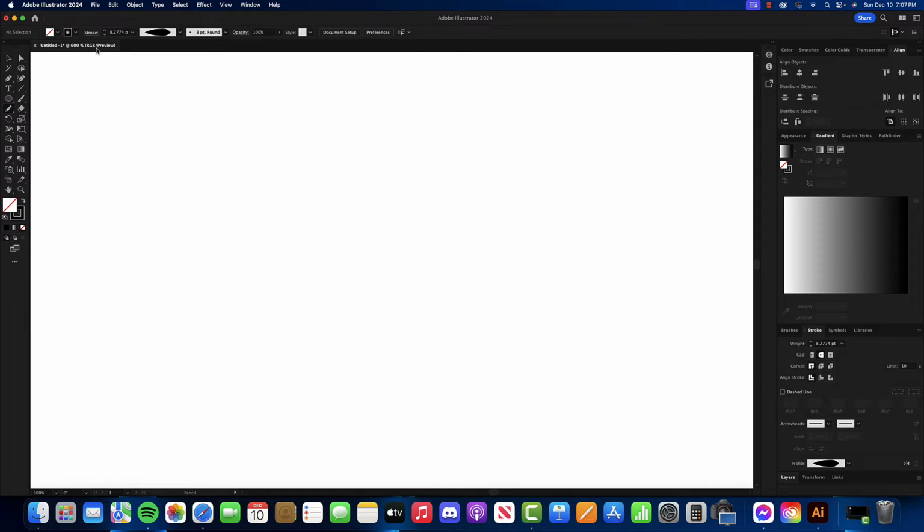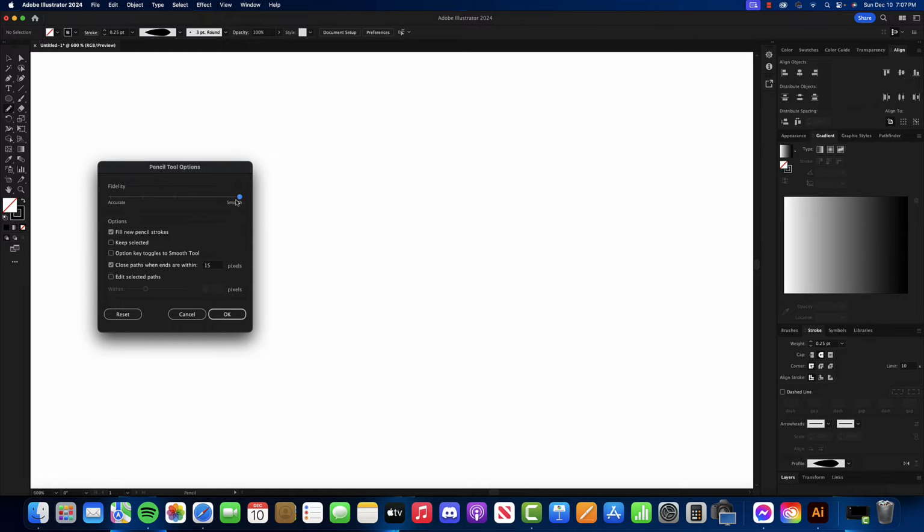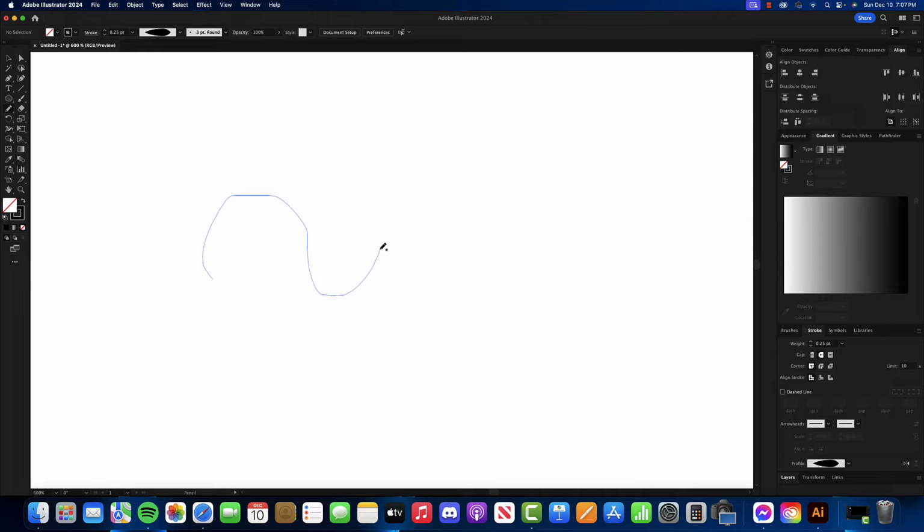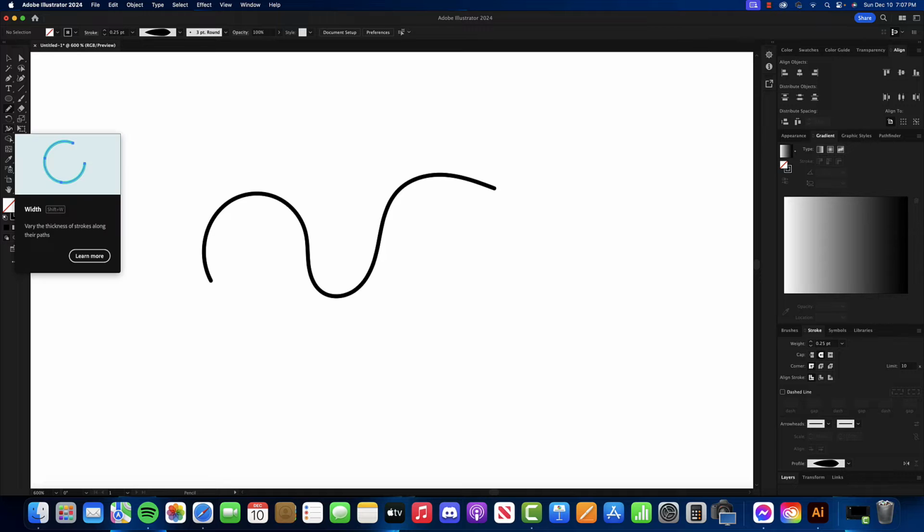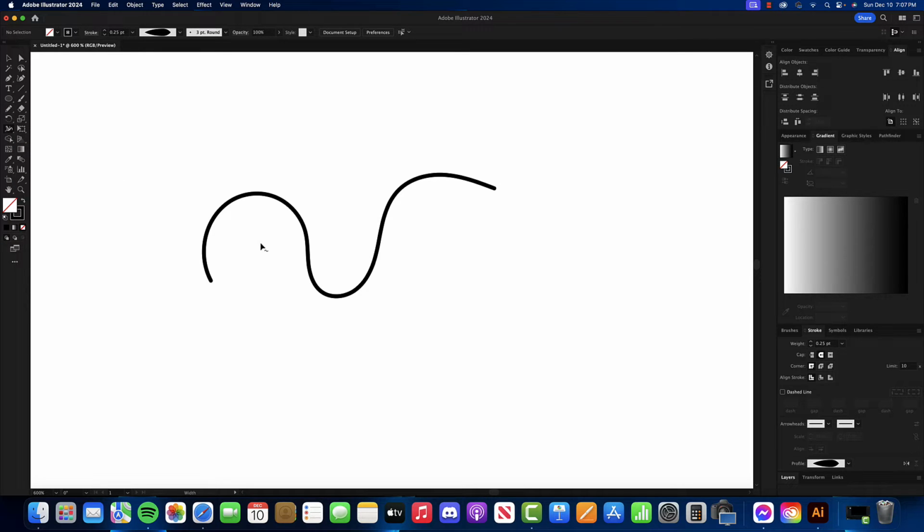I'm going to go ahead and get my pencil tool. Let me lower the stroke quite a bit. I'm going to put it about 0.25. Let me just make sure my fidelity is all the way on smooth, and here we go. I'm just creating a random little path, and Shift W or going over here to your toolbar will activate the